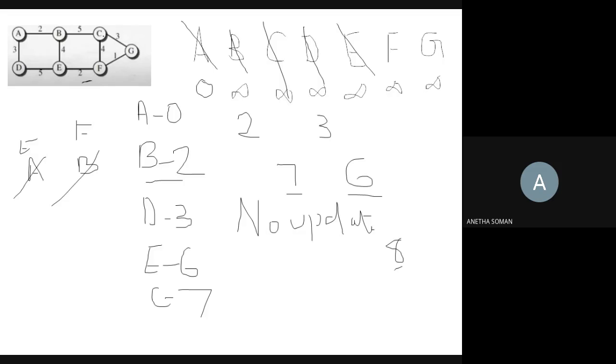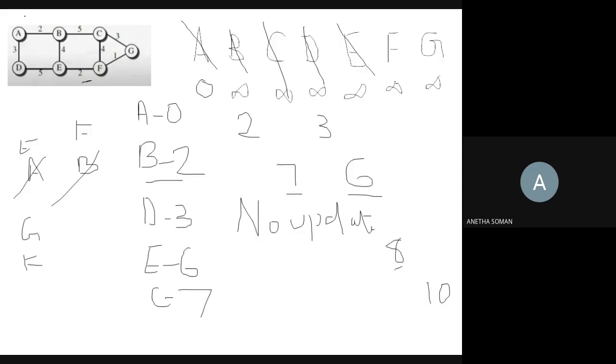Now, which are my neighboring nodes? The neighboring nodes are G and F, right? So I have found G and F. Now, what is the cost to G? G's initial value is infinity, so I have to write some value, right? So the cost will be 7 plus 3, which is equal to 10. Since it is infinity, I just write the minimum value. So I have written 10.